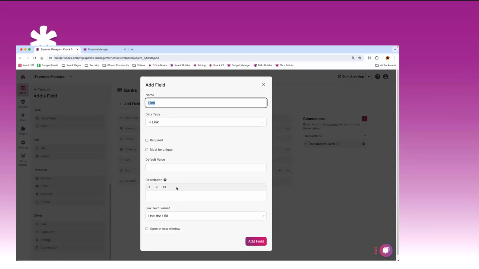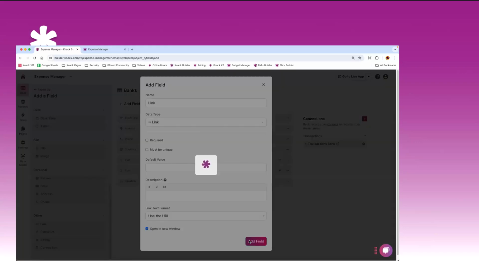We can set default values. We can even share a description internally for our builders or developers who are building out the app to let them know, hey, why did I create this field? And more. All of your fields will have their own settings,